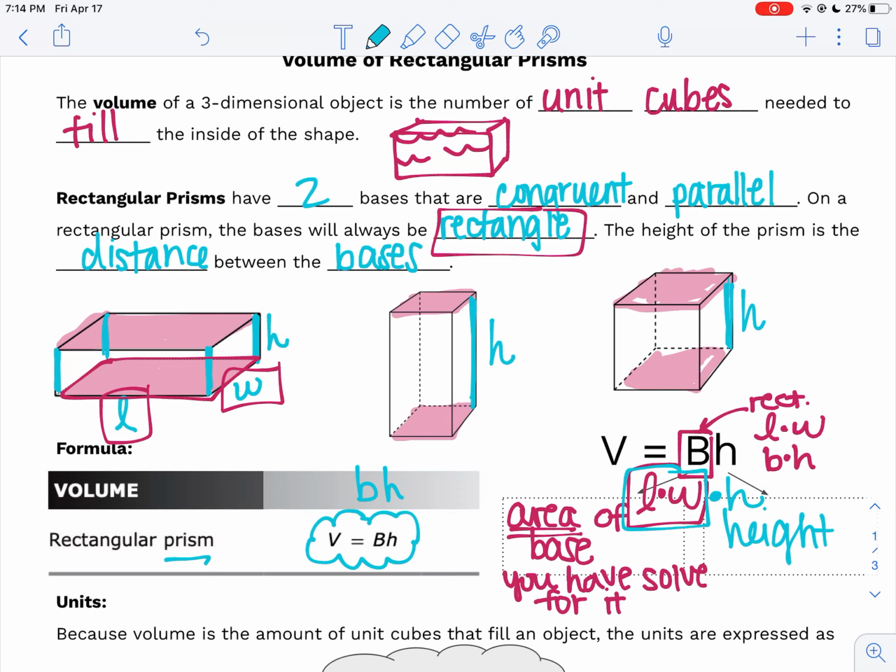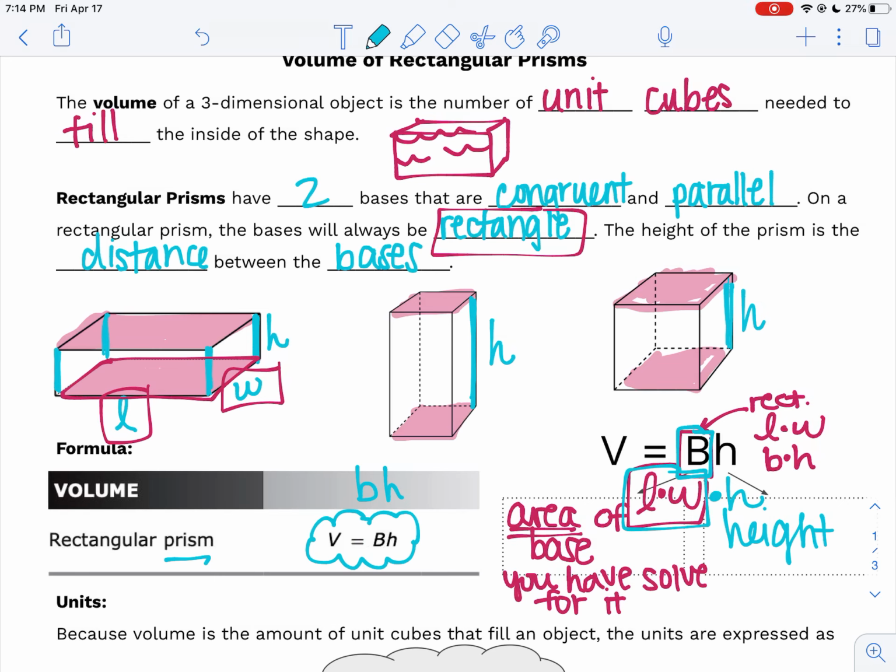So even if you have a triangular prism, which we're not going to learn about right now, but you will in 7th and 8th grade, you will still be using big B times H to find the volume. Now, when you have a triangle as your base, you're not going to do length times width. You're going to use the formula for area of a triangle. So just know that this is the formula you need to be familiar with, because the big B formula can change depending on the shape of the base,